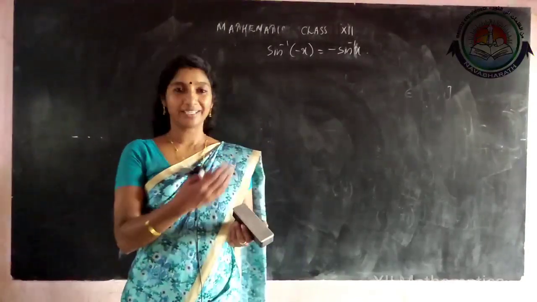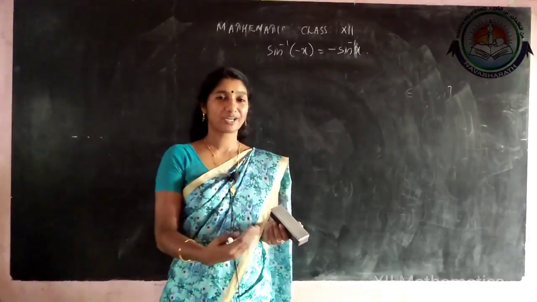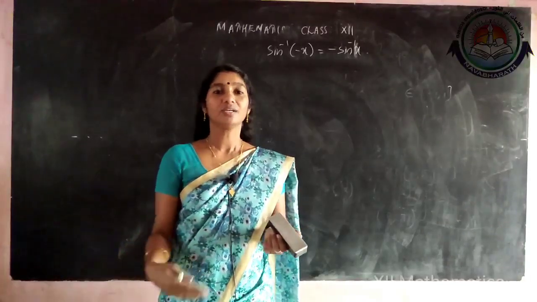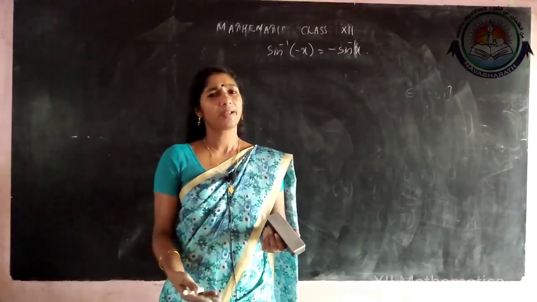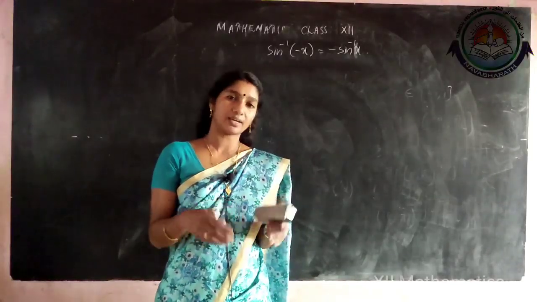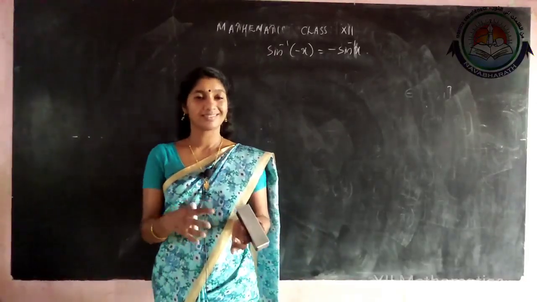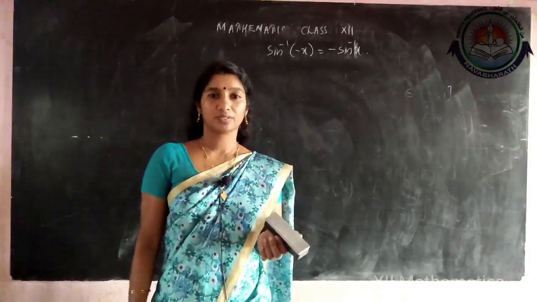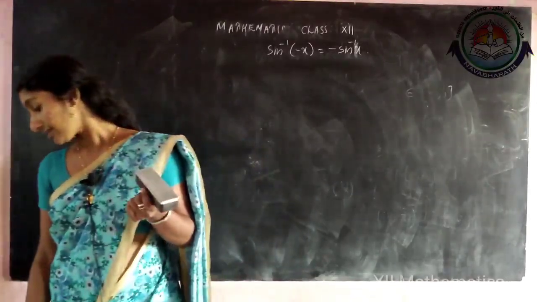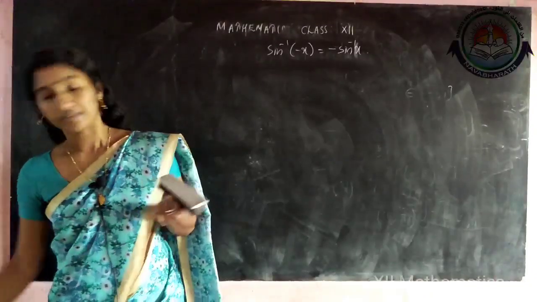We need to study some inverse trigonometric results. Last year we studied a few results, like that in this chapter also a few results are there, and just applying the result, that much only, very easy. Only memorizing the results you are finding difficult, after that the problems are very simple. This is an easy chapter in our textbook, very easy to score marks. So, sine inverse of minus x equal to minus sine inverse of x.